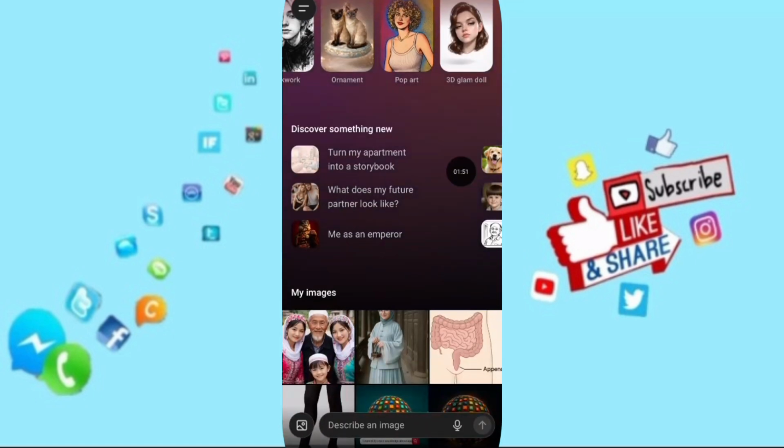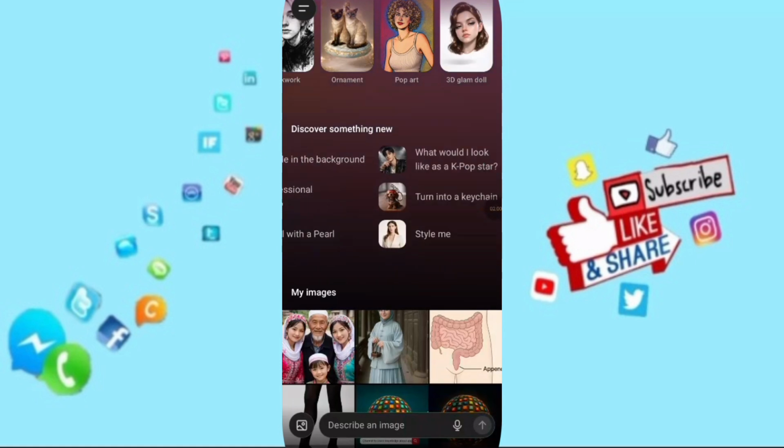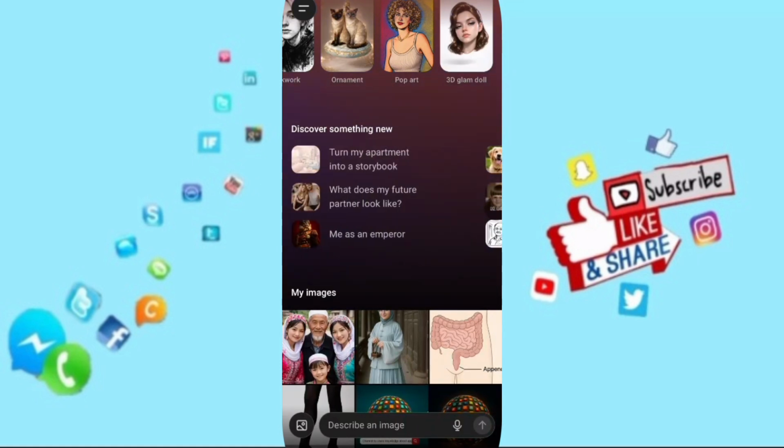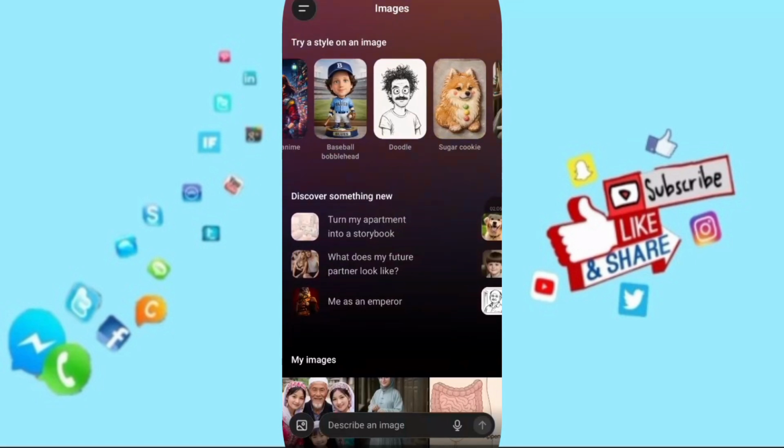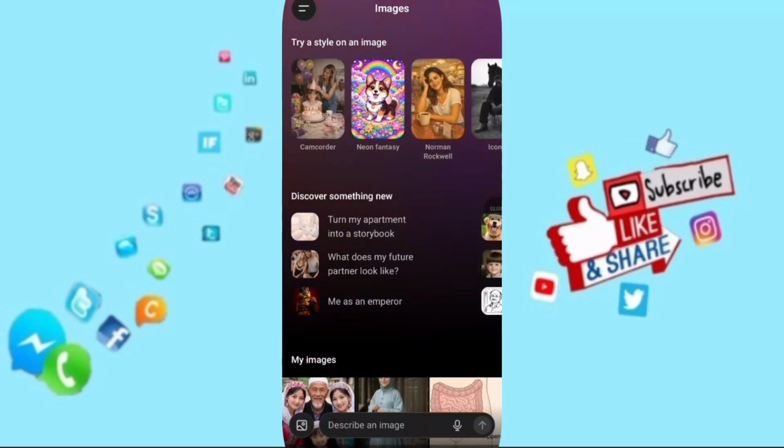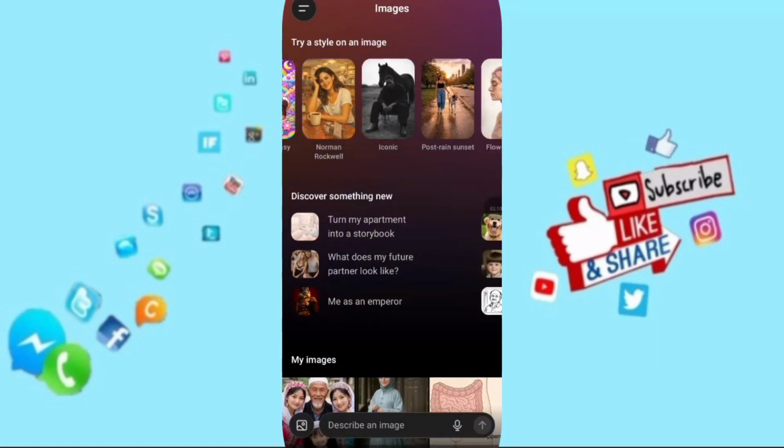You can try your own. You can try creating your own style here in this page, as you see, and you can choose any category you want. So if you want to start with this available style, you can go for example to this and